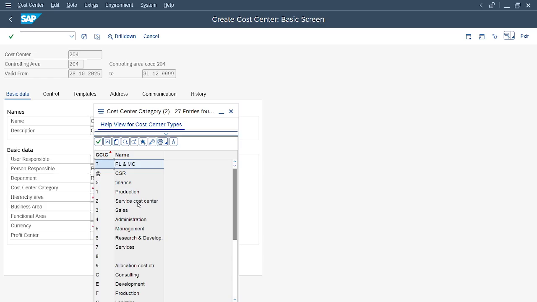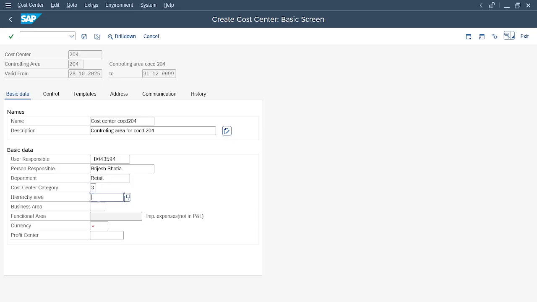So we can select this one, sales. Administration costs, for example, you're working on a particular project, in the sense that you are in the process of getting a new client, so there is some office or administration cost as well. So we can select this one as well. Right now I'm selecting sales. We have multiple other options, like logistics, the last one. So there are multiple. Selecting sales.